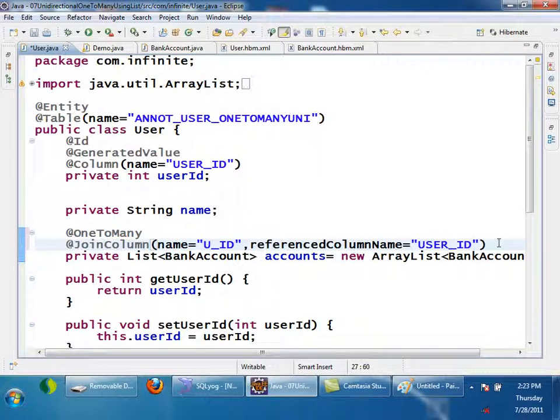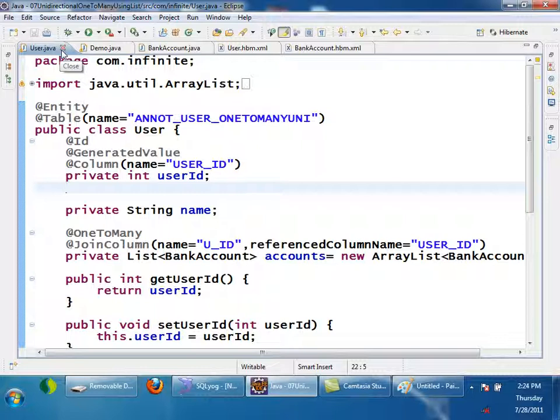Alright? Any doubts? Now, I will try to run this program and see how tables are generated and what the foreign keys are. Right?